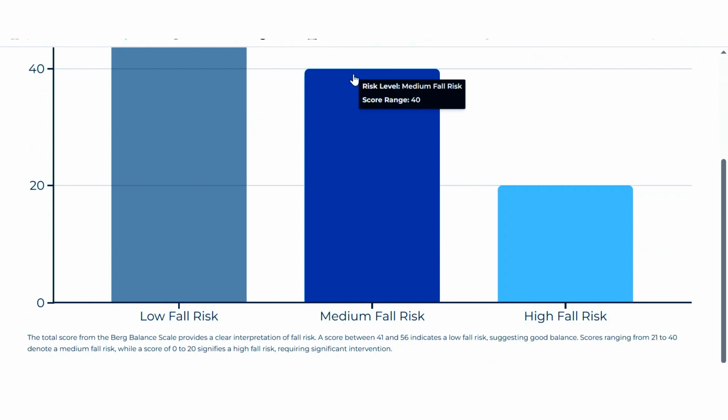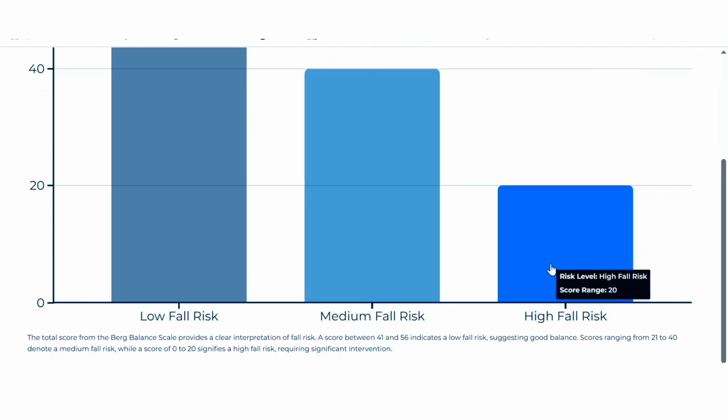But low fall risk patients are usually considered normal. Not completely, though. Sometimes a patient scoring from 41 to 56 indicates a good balance, but some components for those patients require basic attention for the ADLs. You have to work on the medium fall risk patients mostly. And the low score, according to the balance condition, is the very low grade or worst balance, and the patient's fall risk is very high.